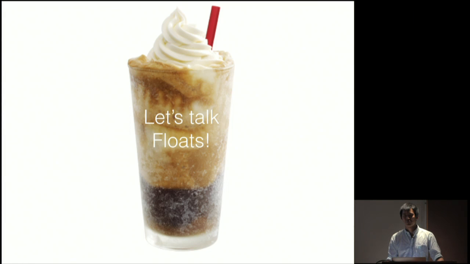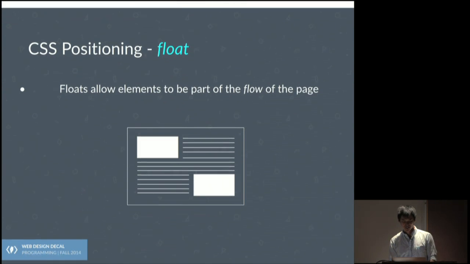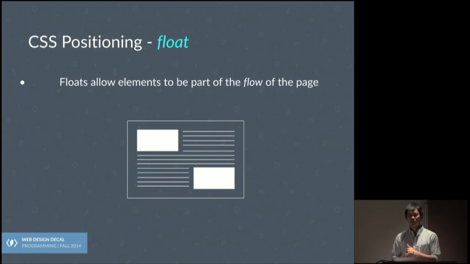So now we'll talk about floats. Floats are yet another way of positioning things in a way that you want them to fit in the flow of the page, right? So, for example, something where you have images and text, and you just want the text to flow like this, as opposed to being obscured by the image. Say you don't want the image to go over the text nor go under. You just want it to be like this, right? Why isn't this just a trivial thing to do? So you have, here's one div.